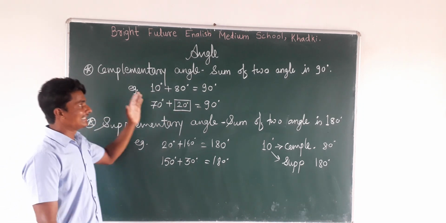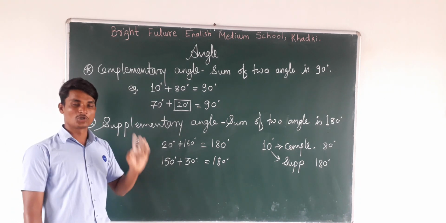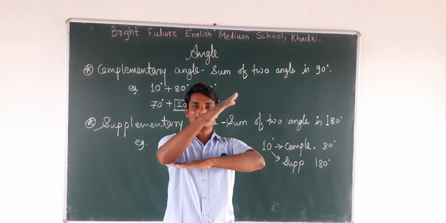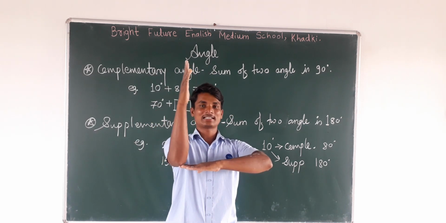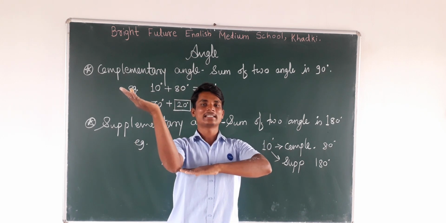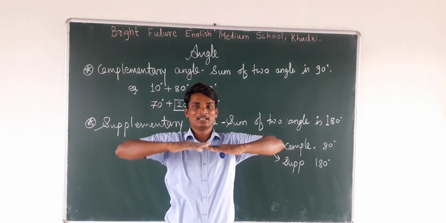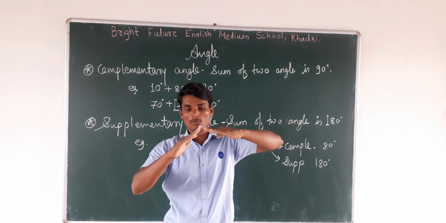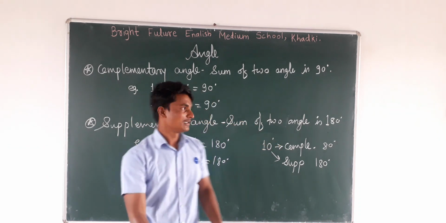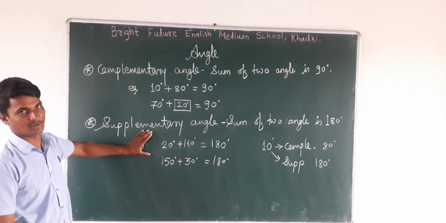Okay, so in this session we have studied types of angles. In that we have studied the zero angle. I will show you, this is called a zero angle, then acute angles. Straight is called a right angle. When it is more than a right angle, more than 90 degrees, it is called an obtuse angle. Then moving further, this is a straight angle. Above this is called a reflex angle. Then when we close it, that is called a complete angle. And after that we have studied complementary angle and supplementary angle.